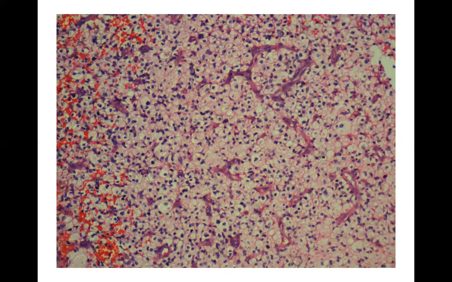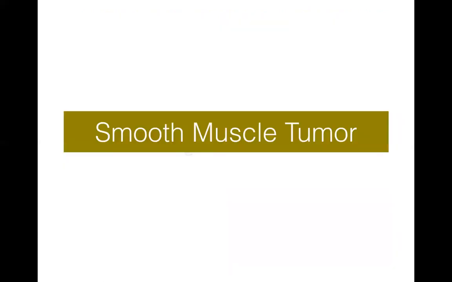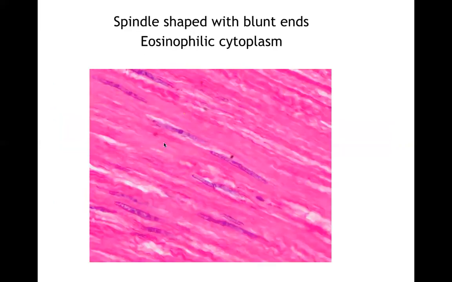And as I said, sometimes in myxoid liposarcomas you'd see a predominance of ovoid and round cells, which is again of a poorer prognosis if you see a predominance of round cells. Now, the next line of differentiation is the smooth muscle tumor. Smooth muscle tumors, as we all know, have spindle-shaped nuclei with blunt ends. So, these are the blunt ends of the smooth muscle,